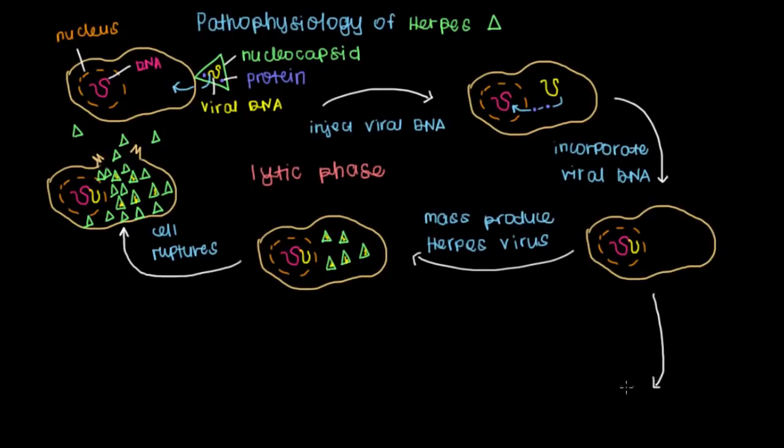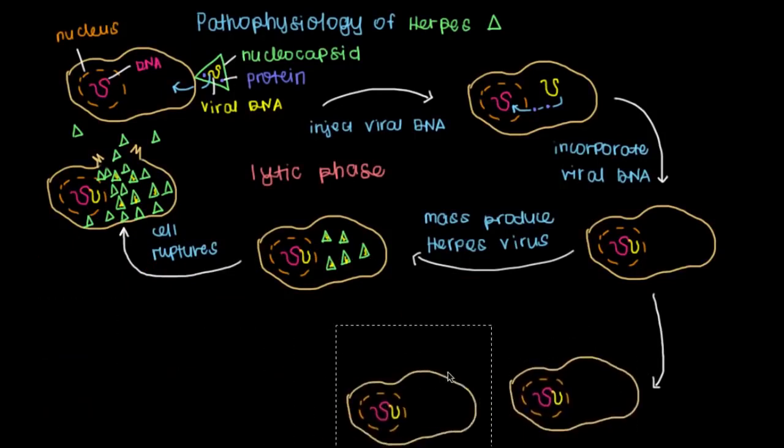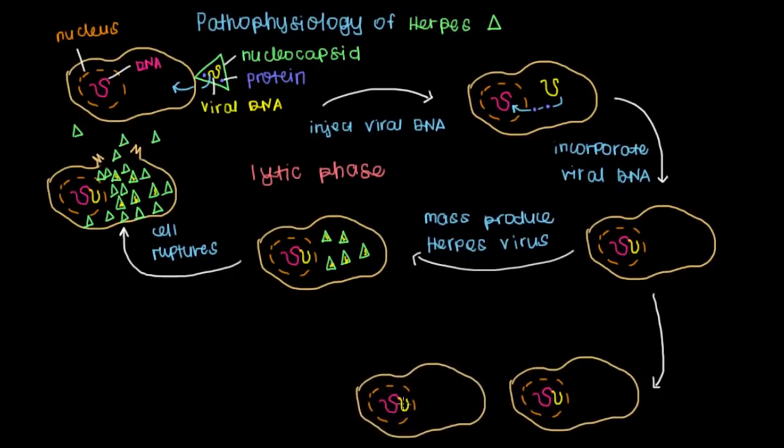Instead of killing the cell, what you'll see happening is that the herpes virus will remain dormant. And so what you'll get are two of these cells. So there's one here, and here's another one. And so the virus just kind of takes a back seat and allows the human cell to grow on its own. And so here, the virus will reproduce with the cell. And this relatively more dormant phase of the herpes virus life cycle is referred to as the lysogenic